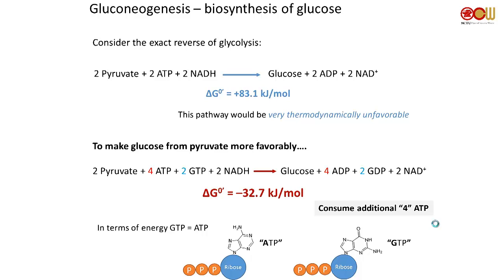Because of electrons. Remember that electrons cannot be created nor destroyed. You learned that in physics. You cannot just magically create electrons, nor can you randomly destroy electrons. Electrons have to be conserved. Now, if you go from pyruvate to glucose, you have to use 4 electrons from 2 NADH. Okay, you have to.